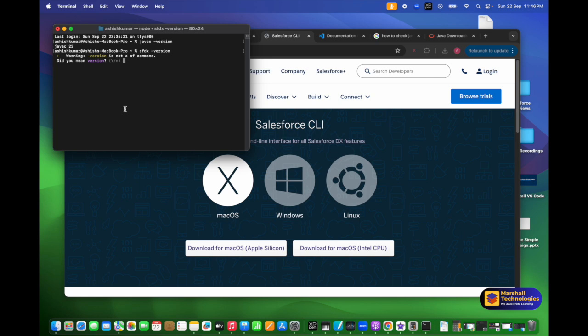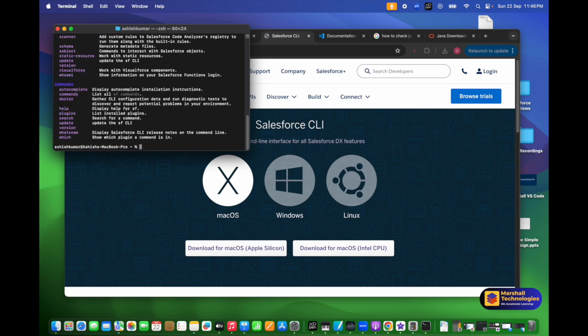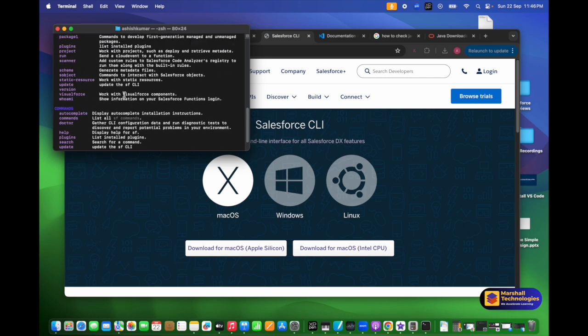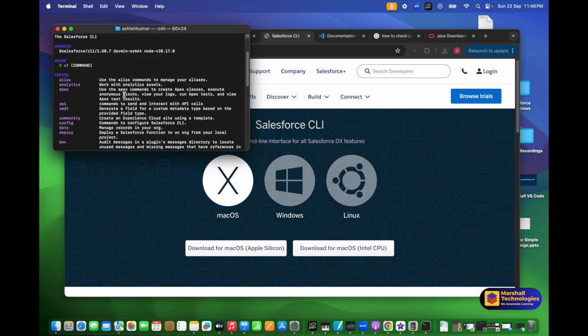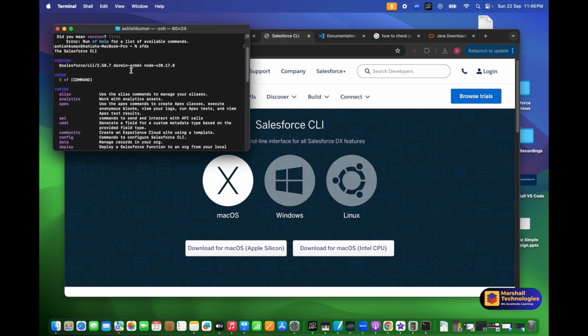Okay, so yeah, if it has not recognized, you can just write sfdx and run. If you see here, since the Salesforce CLI is successfully installed, if you just write sfdx, it's giving us the version